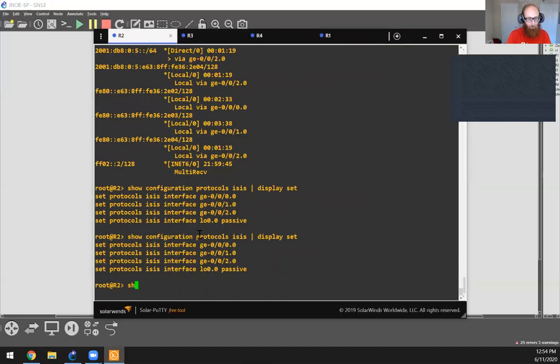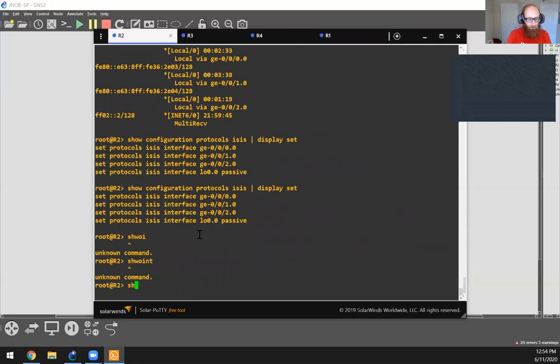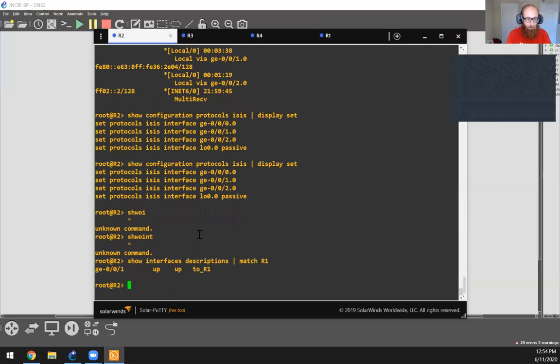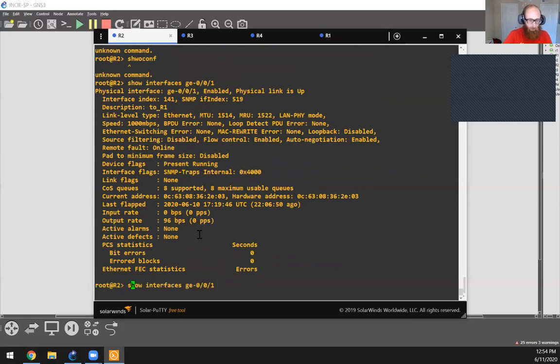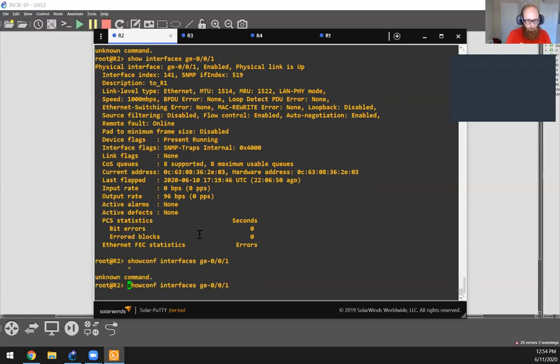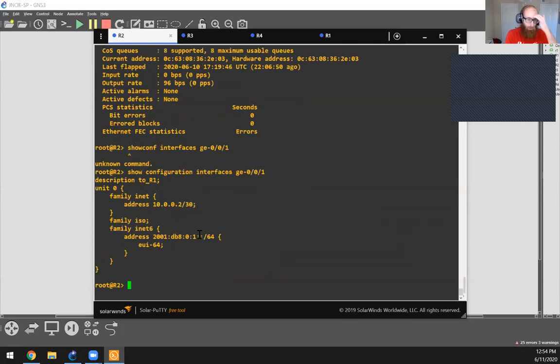So if I go on here and I do show interfaces descriptions, match R1, we can see that it's ge-0/0/1. Oops, configurations. There we go. So, yep, we've got family ISO. So this is :1. So let's see if